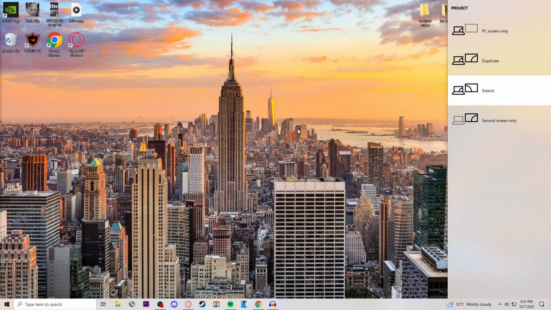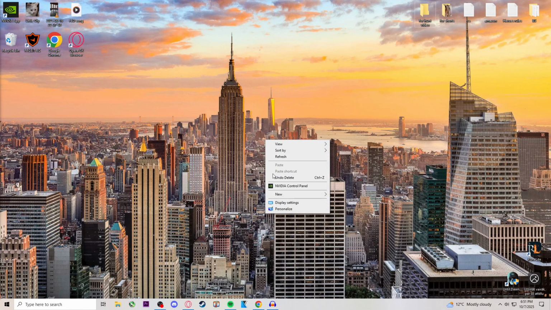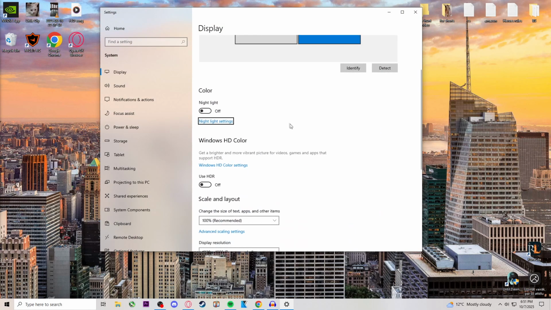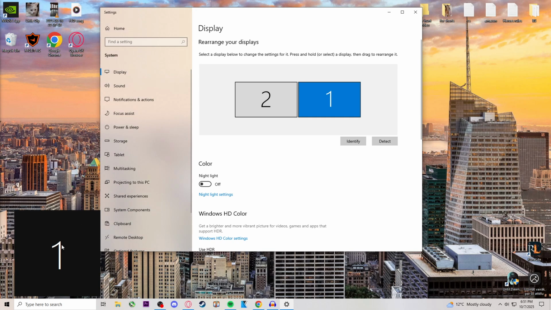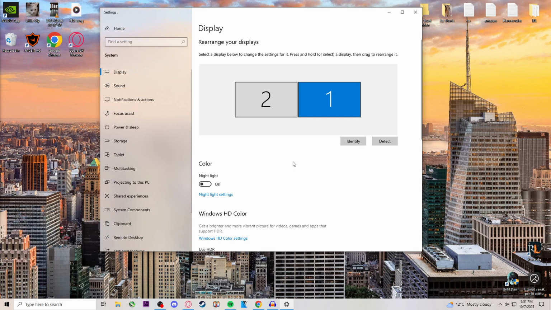After you press extend, another thing you can do is go to display settings, and here you can set up your displays. If you press identify, it's going to show you which number is which, so you know which monitor is which. Basically, this means you may have the first monitor on the right side and the second one on the left side, then